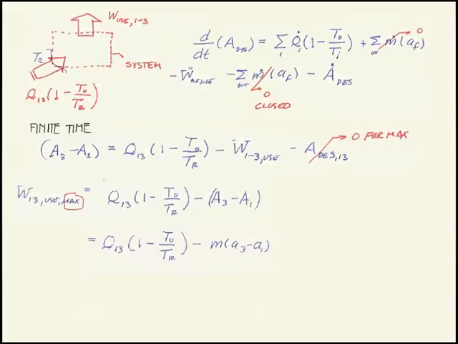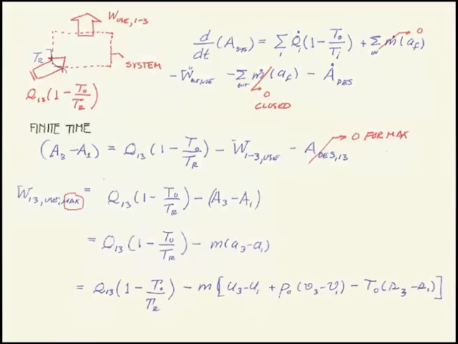I find that I have everything I need here to calculate this number. So Q is already known. I know these temperatures. I have M. I need A3 minus A1. So remembering that A is U plus P naught V minus T naught S, I see that in this case,